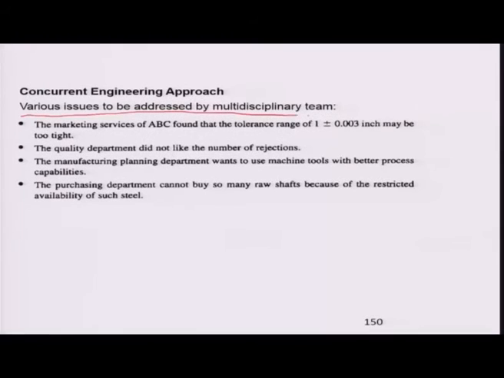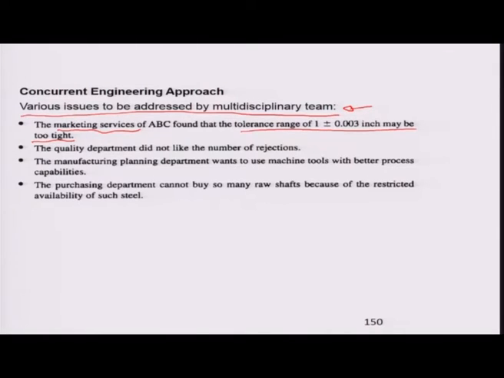So, we will slightly change the connotation when it comes to a concurrent engineering approach, and there will be various issues which need to be addressed by, again, CFTs or cross functional teams in this particular case. For example, the marketing services for this company finds that the tolerance range 1 plus minus 0.003 inches may be too tight, and it is really not needed. I mean, you can work with a better specification, a much wider specification,